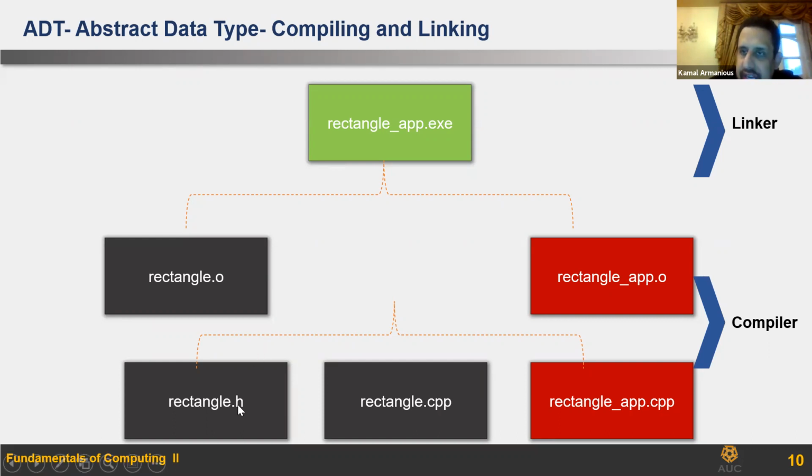So the .h file is not compiled. The rectangle.cpp, when you are compiling it, and what does it mean by compiling? It means that you change the .cpp file into an object file. What's an object file? It means that it is a machine code file. It's ones and zeros. So you compile rectangle